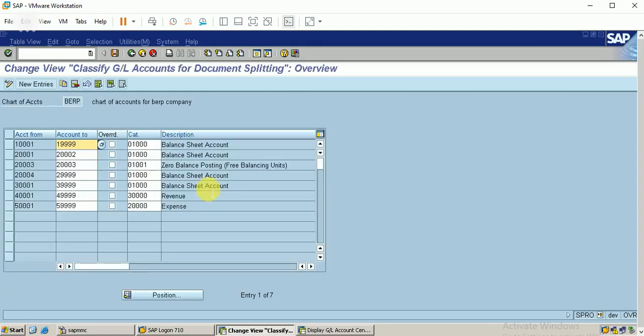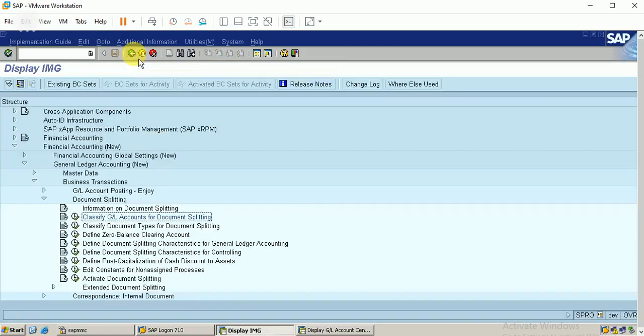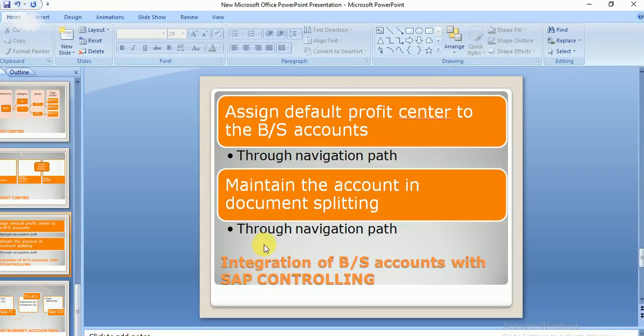Click on enter. I have already classified those for document splitting, so I need not update anything here. I have configured all the requirements for my company. Now let us try posting a journal entry.